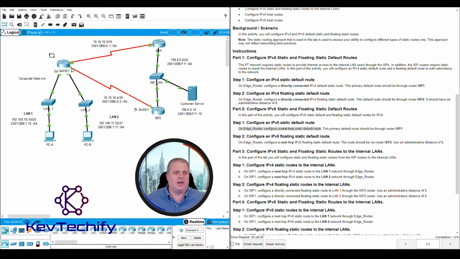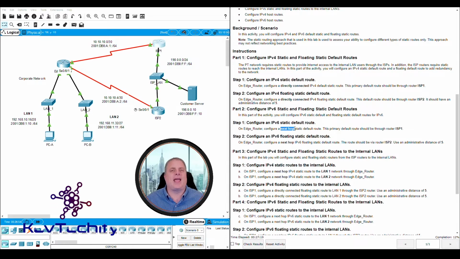So on the edge router here again, next hop static default route, primary default route should be going through ISP. So that goes up to here. And what we want is the next hop. When we did IPv4, we did directly connected. That's the exit interface. Now we're looking at doing next hop. That's the next hop IP address. So instead of using the exit interface off the router we're on, we're going to use the next hop IP